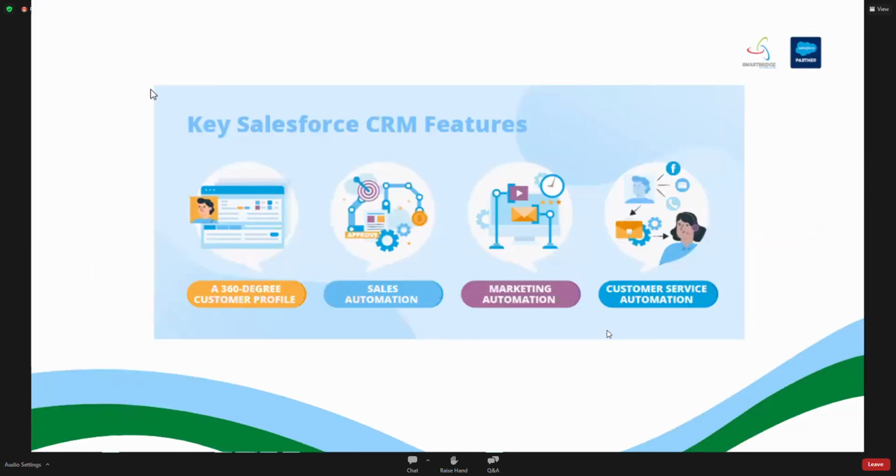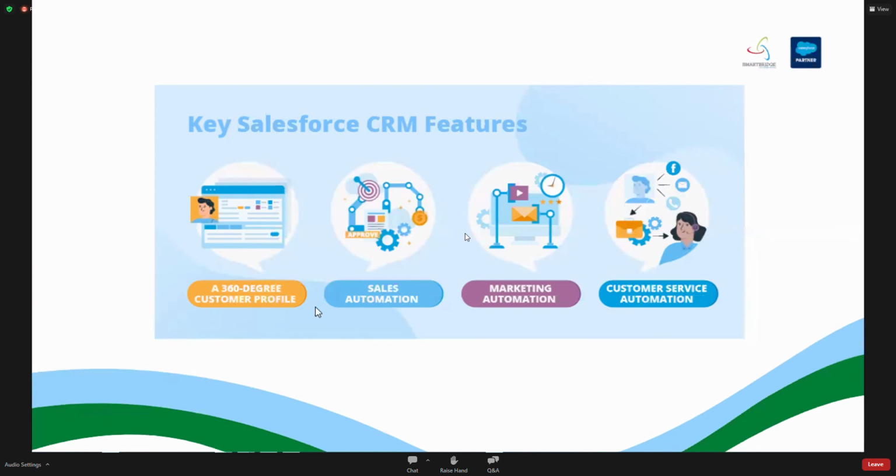As I mentioned in the beginning, what are the key features of Salesforce? What are the most used platforms of Salesforce? The most used platforms, as key features of Salesforce, are Customer 360, sales automation, marketing automation, and customer service automation. If you consider any software, not all of it is used thoroughly. There are some key features where most of the utility lies. In that way, when it comes to Salesforce,